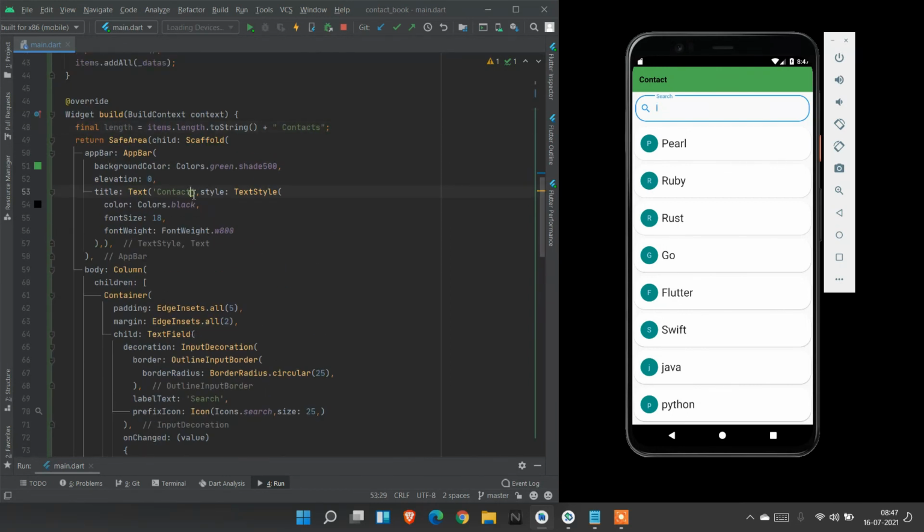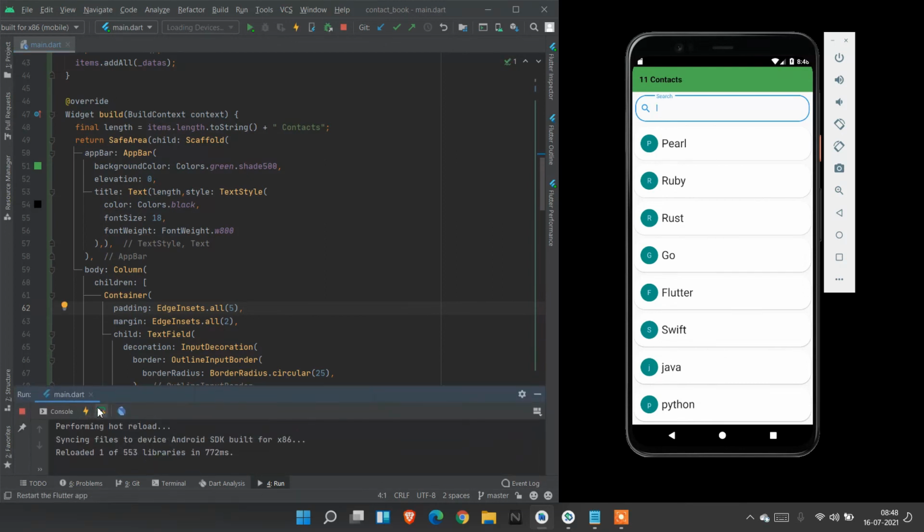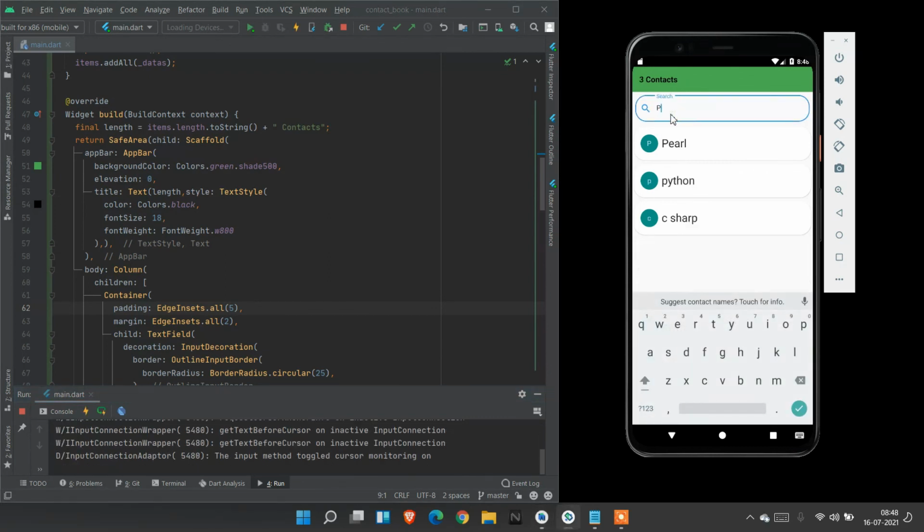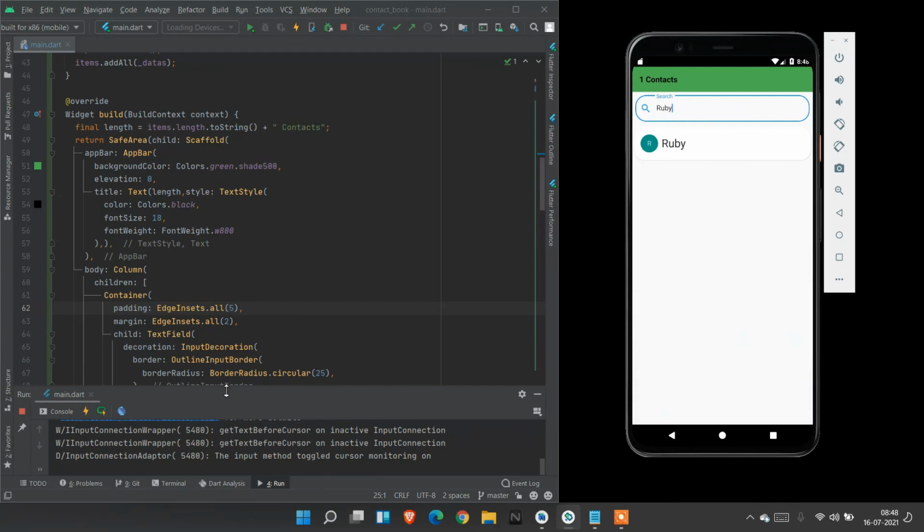Here we can implement this length. Now save and see what happens in the outputs. It will display the full contacts. When we search, it will change accordingly. So simply we can implement a contact book in Flutter.